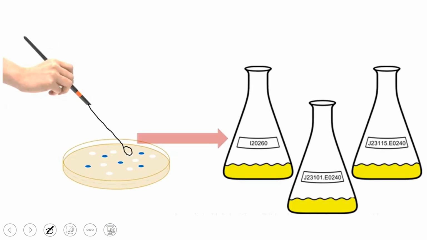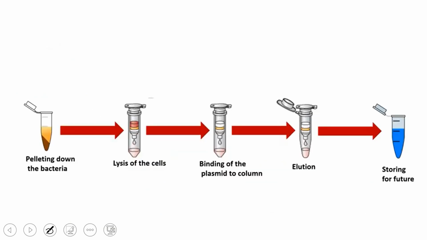Once you have got the blue and white colonies, the white colony is your transformed bacteria. You are going to pick the white colony and culture it into different flasks, different samples. After that you are going to culture it, pellet the bacteria, lyse the bacteria, and get your plasmid elution, which will be stored for your future use. So this is how you are going to grow bacteria on the basis of transformation, and select your transformed bacterial cells which have the recombinant plasmid on the basis of the LacZ gene with the help of blue white screening.